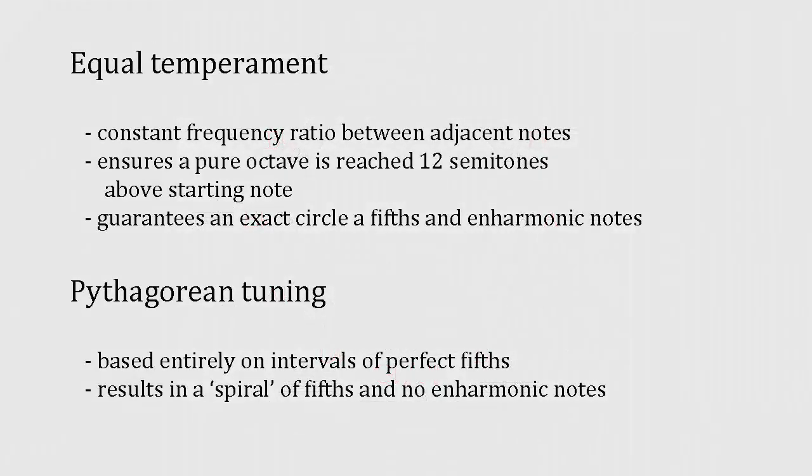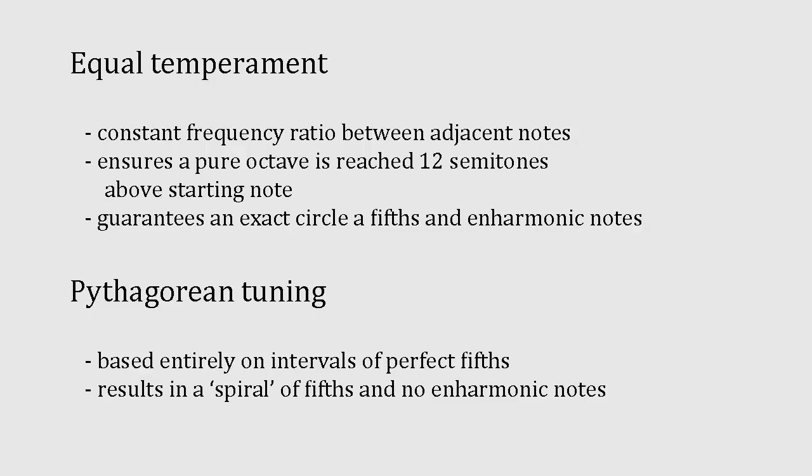The circle is closed because the system of tuning we use today, what's called equal temperament, guarantees that it's closed. A simpler and much older system of tuning that's based exclusively on fifths, known as the Pythagorean scale, fails to close the circle. In 3 other videos I talk about equal temperament, Pythagorean tuning, and the Pythagorean comma, and if